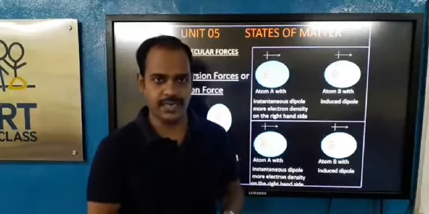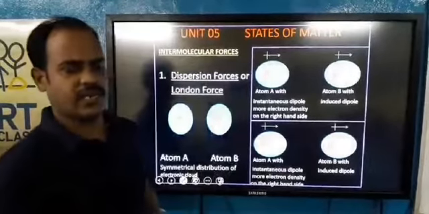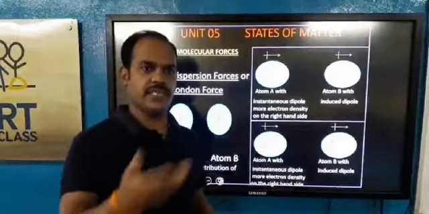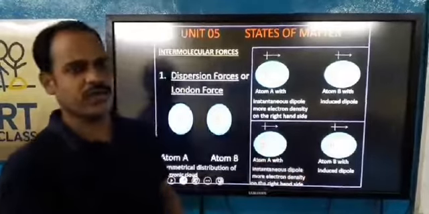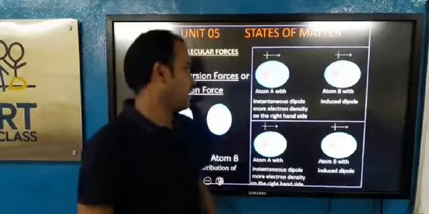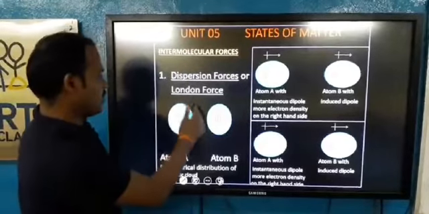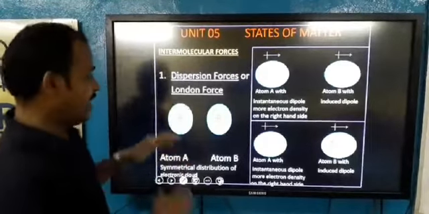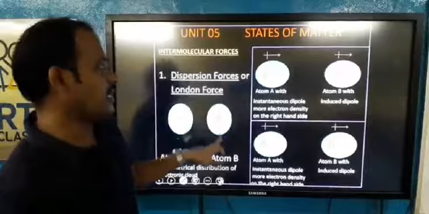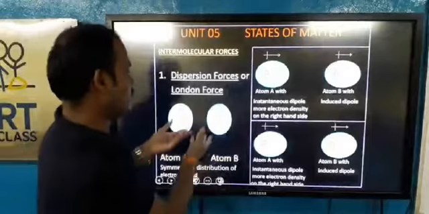For example, chlorine has 17 electrons, oxygen has 8 electrons. So different elements have different numbers of electrons. These electrons are distributed in different shells. We have studied in class 9 and 10 about the distribution of electrons, and also in the second chapter. So we will see here, in case of non-polar molecules, the electronic cloud is symmetrical and spherical in shape. If it is spherical, it means around the nucleus, on all sides, the electronic charge is equal. Equal means this molecule is non-polar.